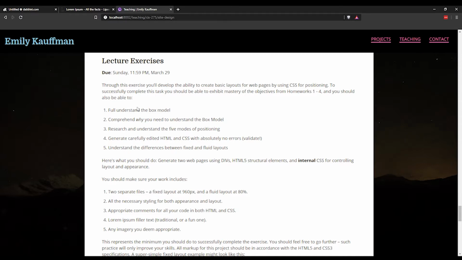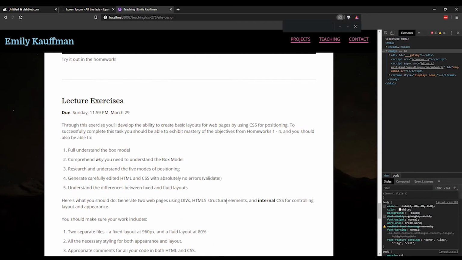So if you remember from the layout chapter reading and lecture 14, a fixed layout doesn't change size as the user increases or decreases the size of their browser window. And then for fixed layouts, you normally see a lot of box sizing set in pixels, whereas with fluid layouts, you'll normally see percentages. So if we look at my website here,